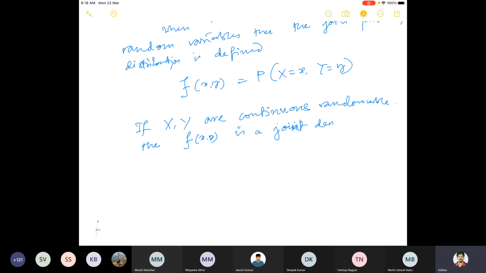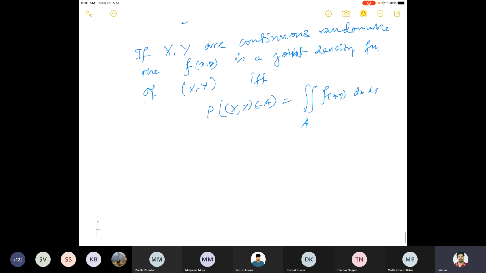Joint density function of the pair xy, let's say, if and only if the probability of... just the way we defined it for the case of a single random variable, it is in terms of double integration, f of xy dx dy. So what is happening here is, you have this x-axis here,